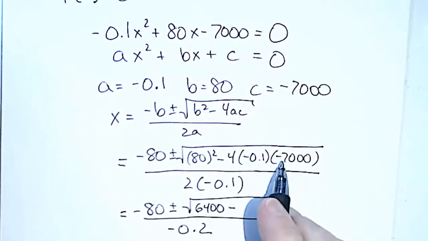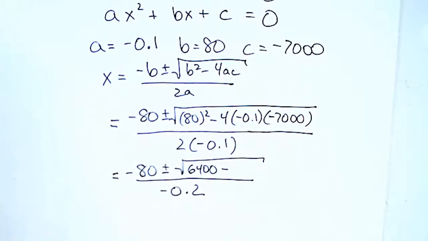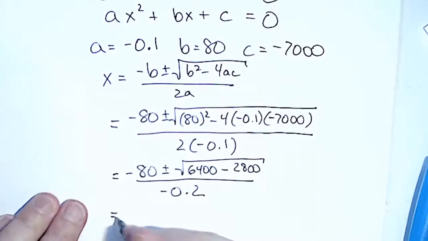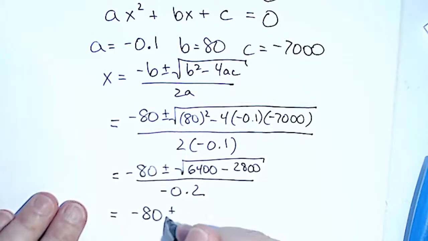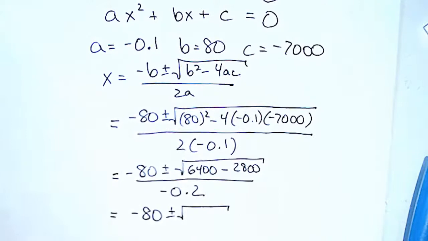Three minus signs means the whole thing is negative. Oh, and I should be able to do this one in my head, but you know I can't. I think it's 2,800, but I'm going to double check because I always double check. It is 2,800. Yay! So then we get negative 80 plus or minus radical 6,400 minus 2,800